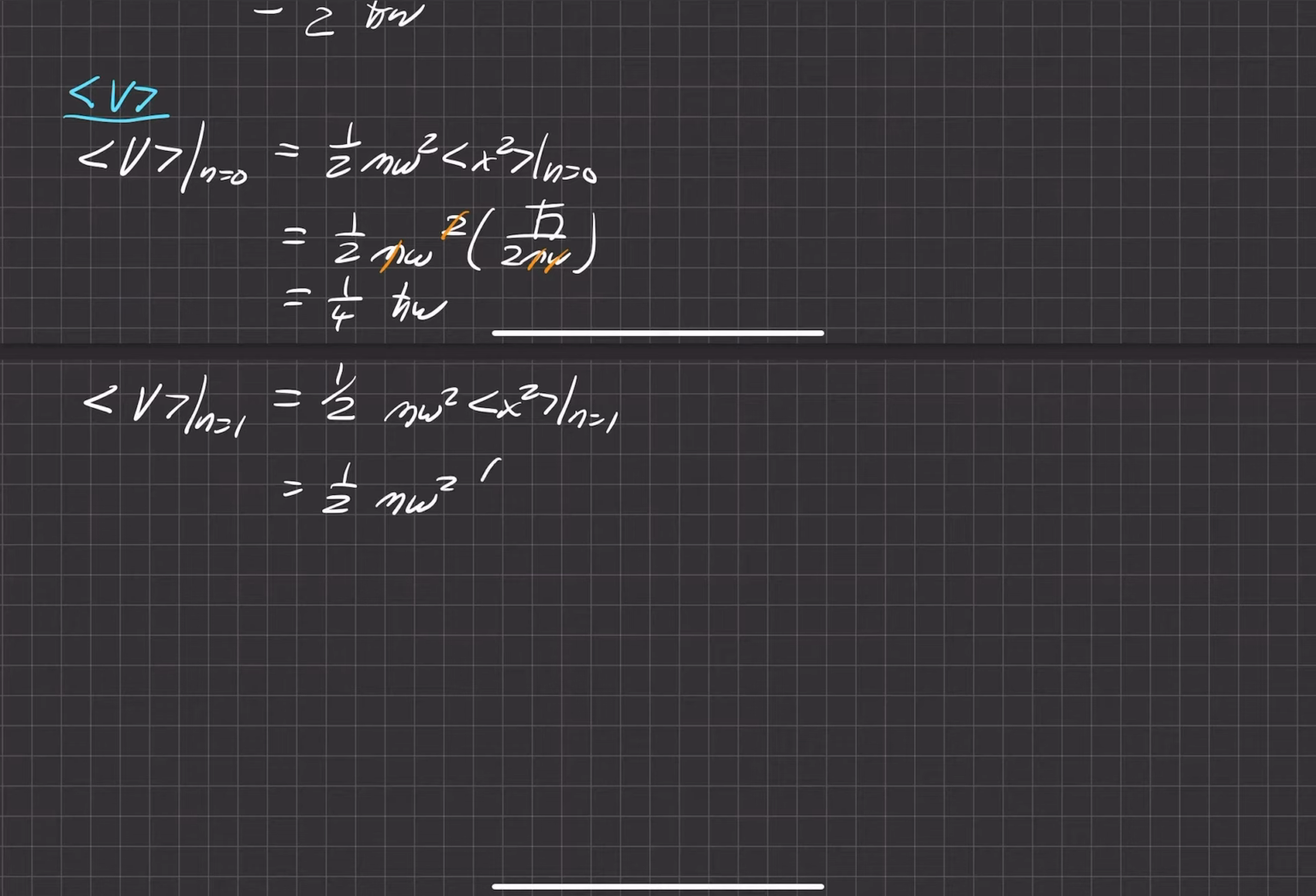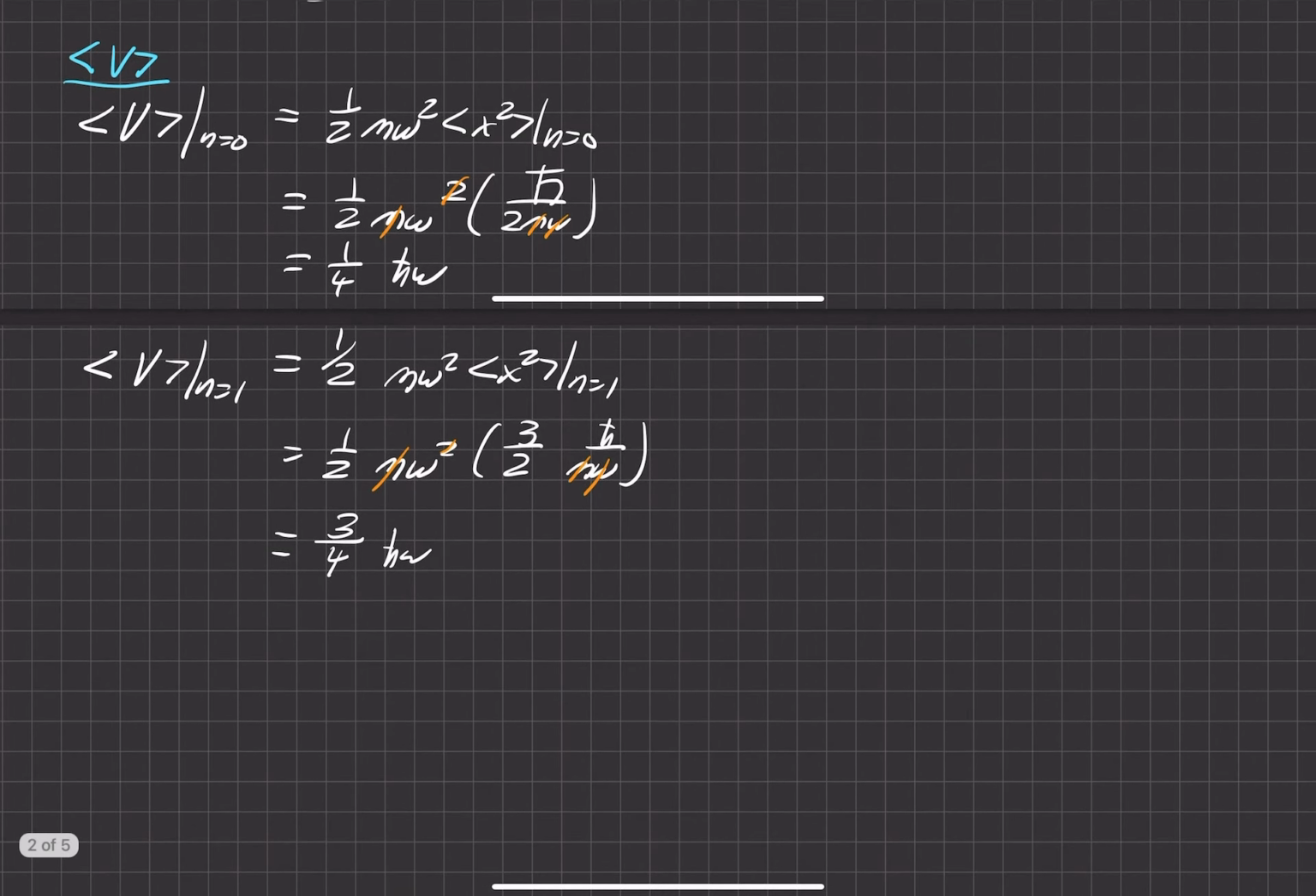Go ahead and input our value for the first excited state, which was actually 3/2. And again, we'll do some bookkeeping here. This was actually 3/4 h bar omega. The units check out. And the final part of the problem is finding out what the